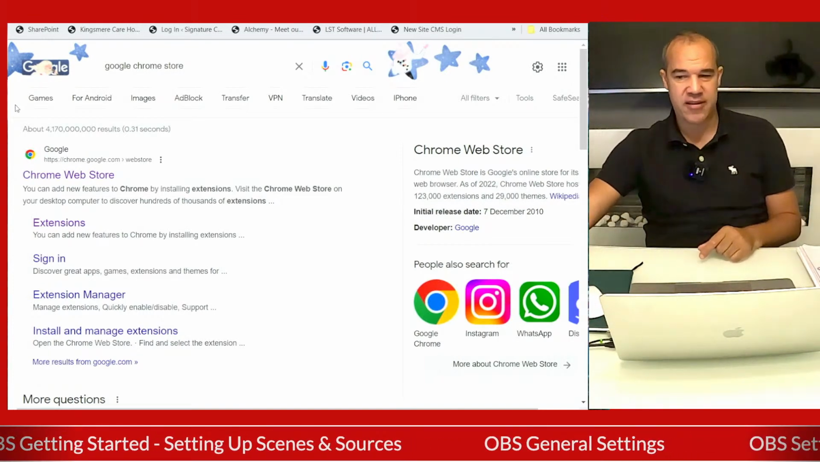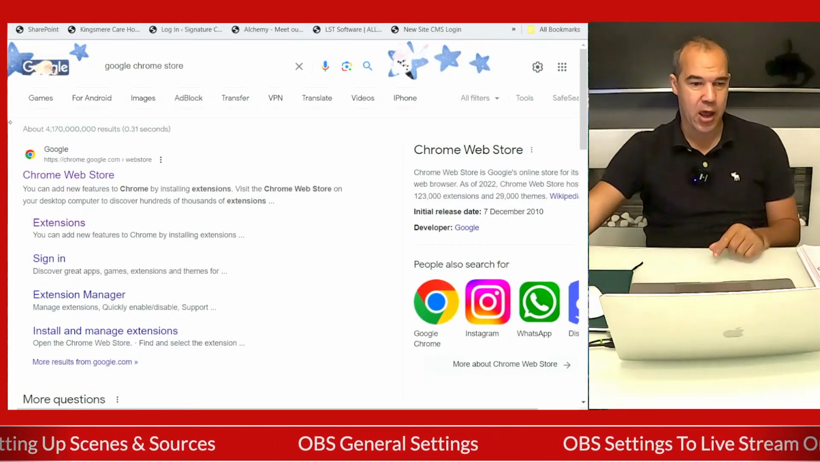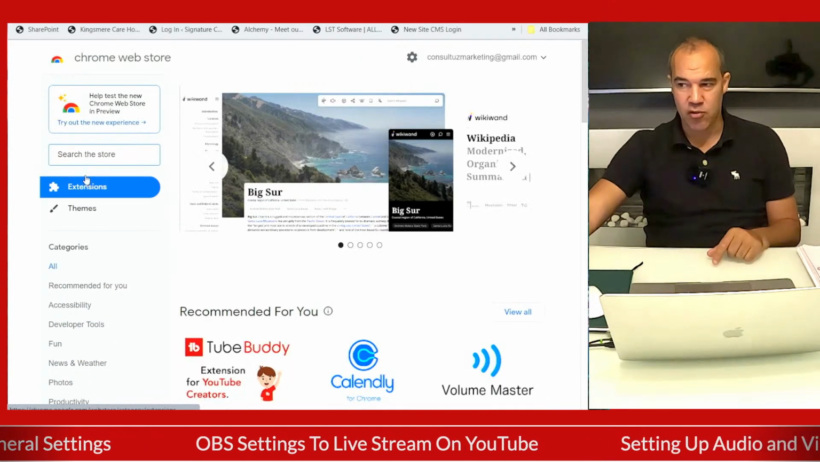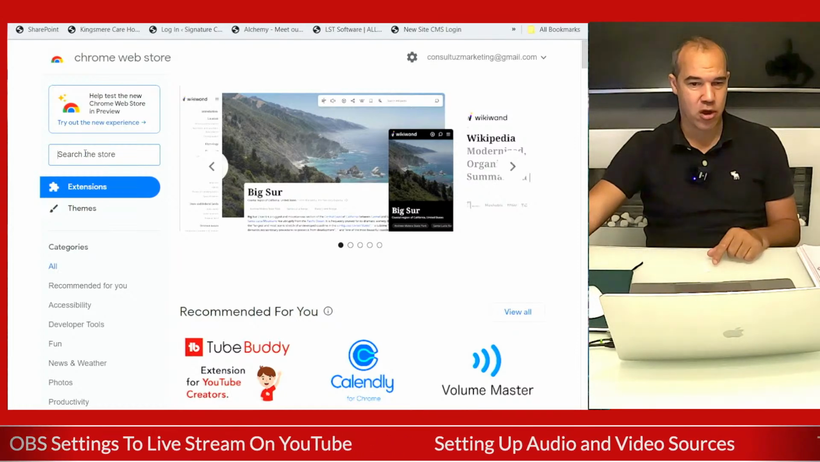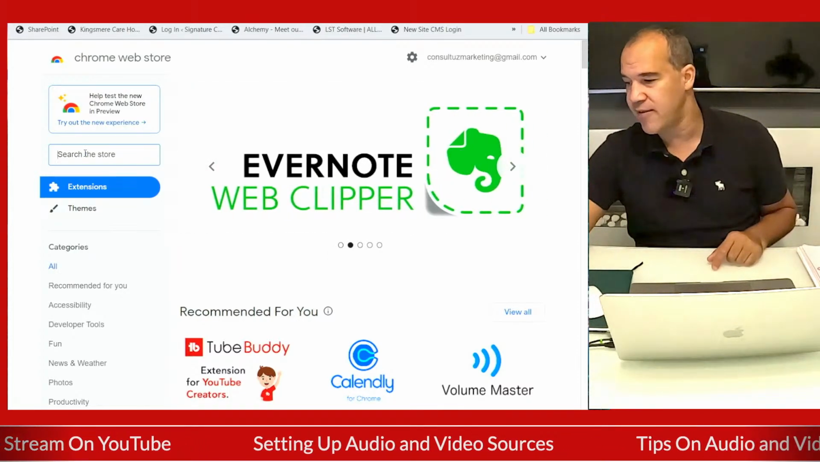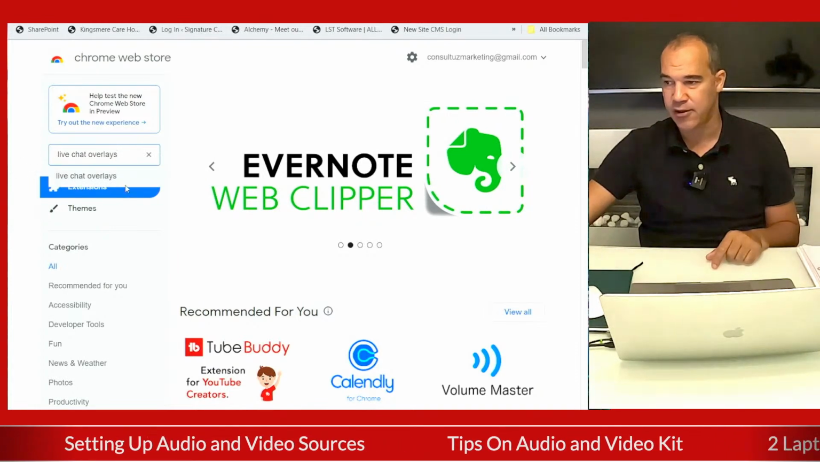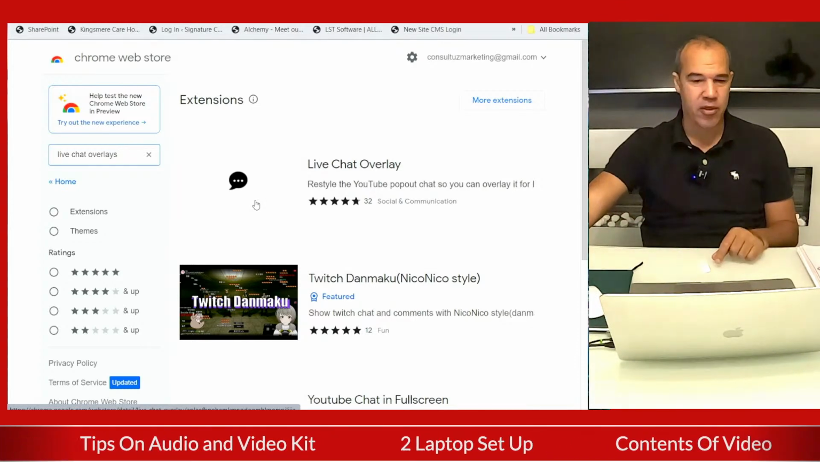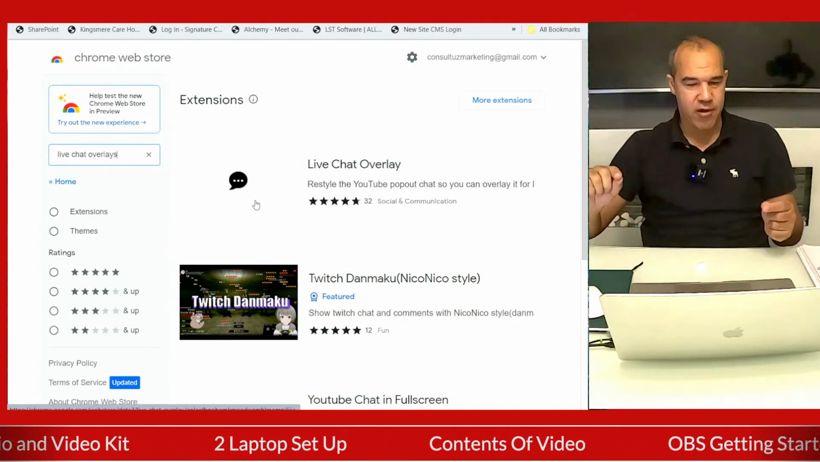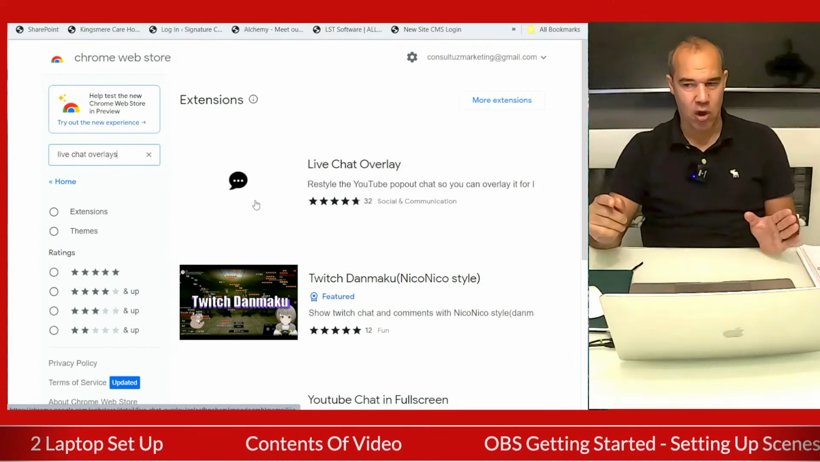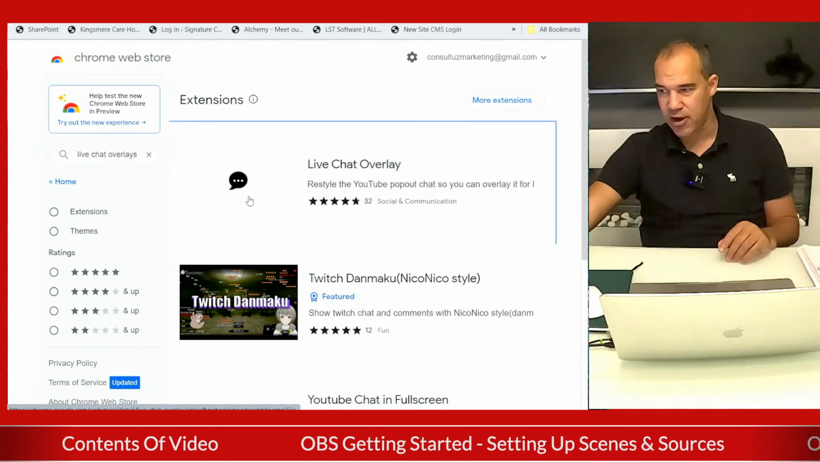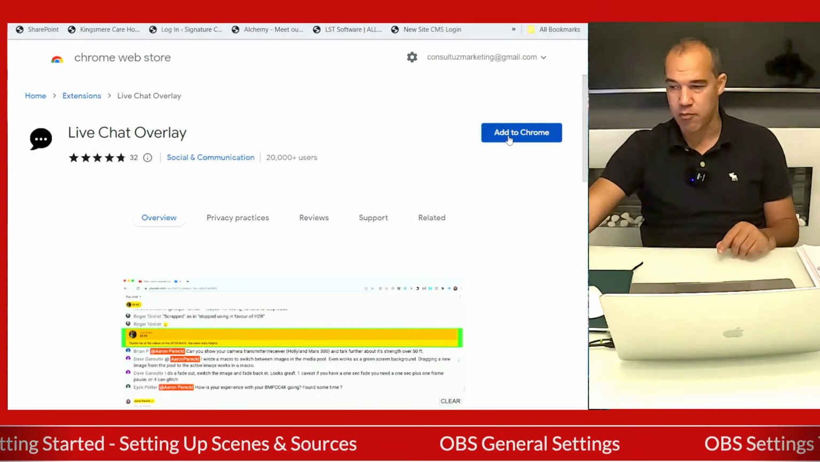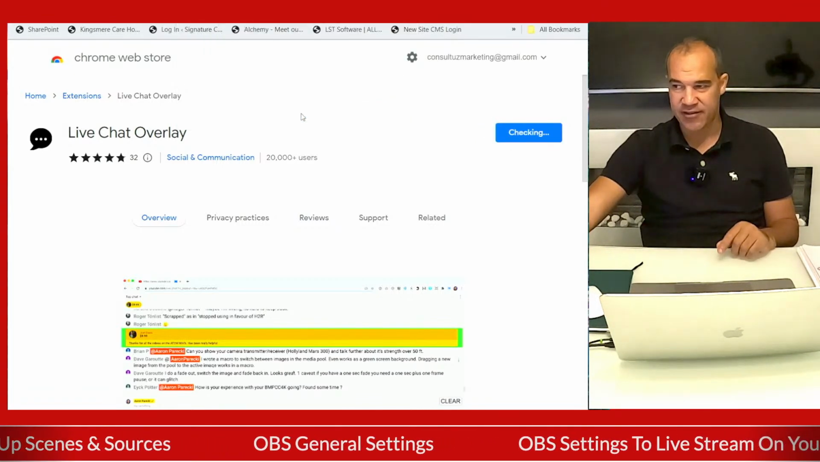So the first thing you need to do is go into your Google Chrome Store, which I've typed in here. If you go in there, you'll see there's a series of extensions that you can access. What you need to do is type in live chat overlays, and if we just hit enter, you'll see this one with the black dots here is the one that you need. There is another one with a red symbol and white dots, but you want the black one with the white dots. So if you click on this one, then you need to click add to Chrome. So if you click that there and add the extension,